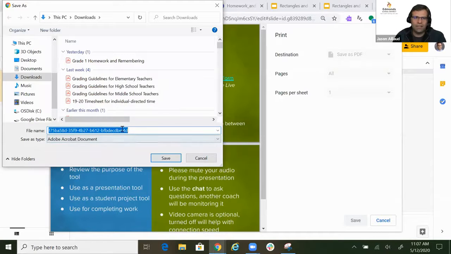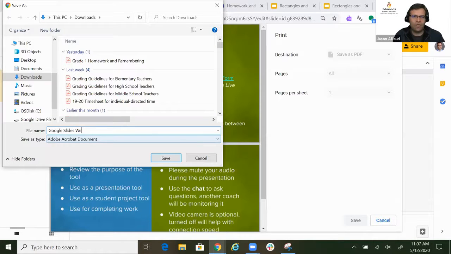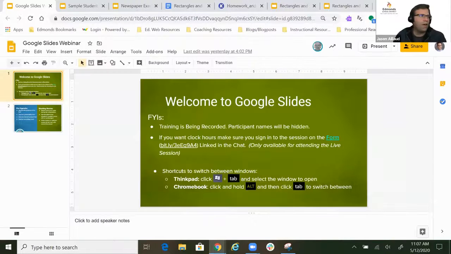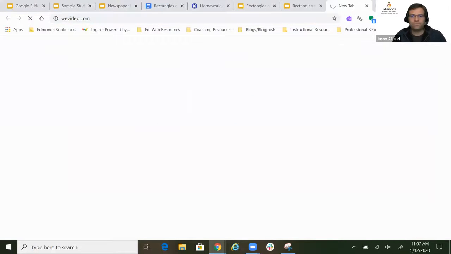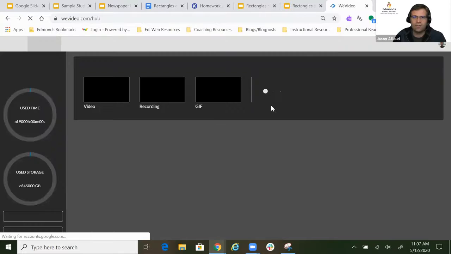And you can see it gives it a really, really useful name right there, but I'm going to call it Google Slides Webinar PDF, and click Save. And now I can launch WeVideo. And for those of you that don't know, WeVideo is the video editor. It's an online video editor that the district has purchased, and all students and staff have access to a premium